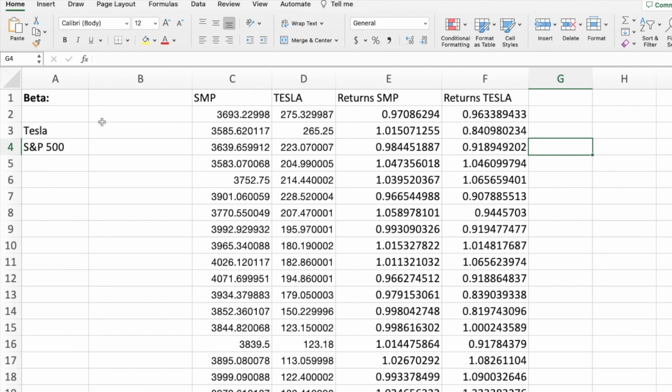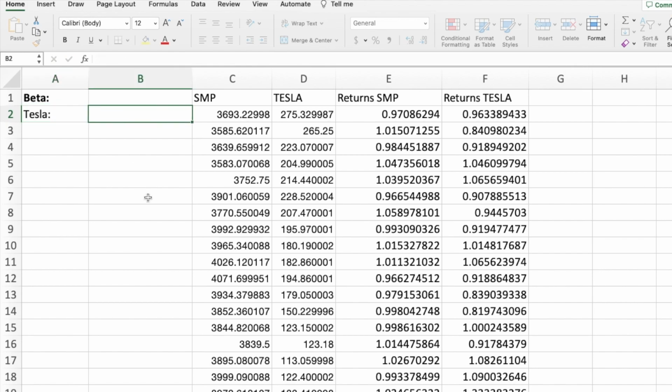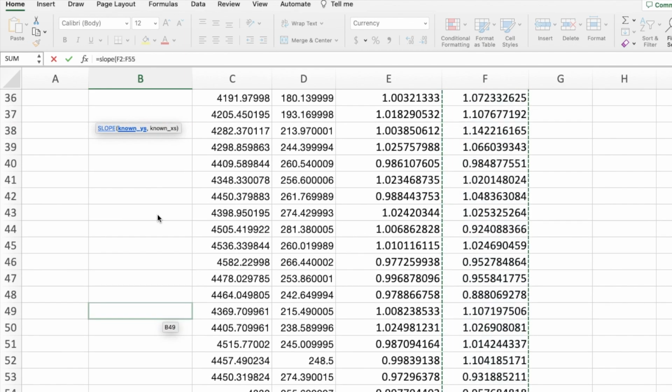And the final step to get your beta of Tesla. So we have our beta for Tesla, and we'll put the value here, is just to go equals slope, and then we have our known y's. Your known y's is gonna be your individual stock, so in our case Tesla. So highlight all the returns